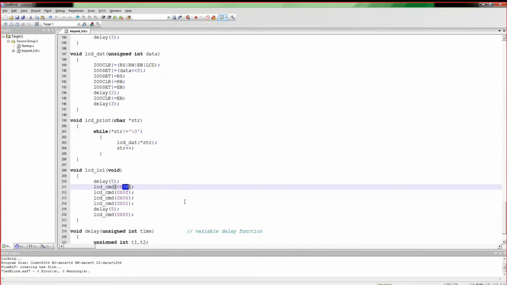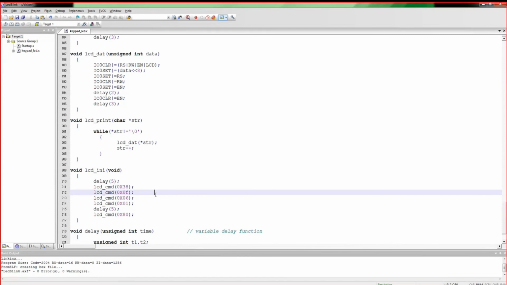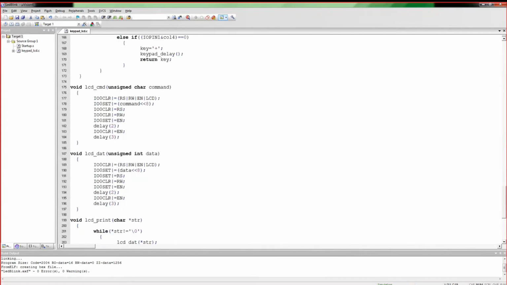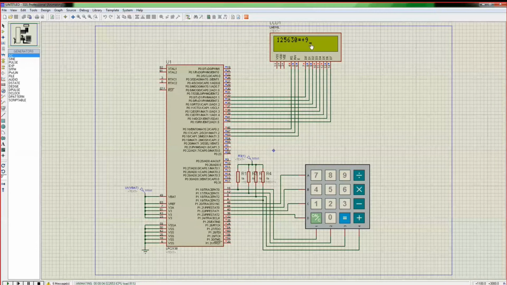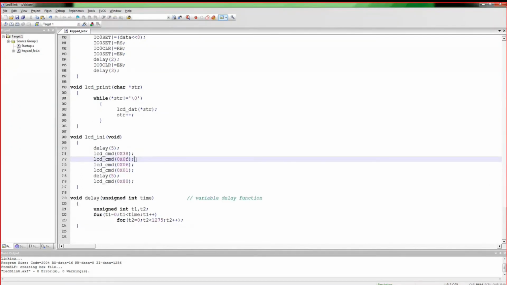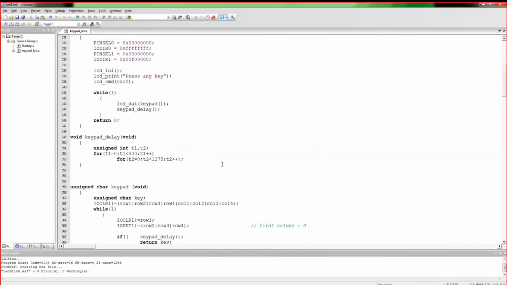Why that 28? Because I had configured 4-bit mode. But here I am configuring 8-bit mode. So the initial value should be 3 instead of 2. That bit also should be 1. That is 38. Then here your cursor is blinking, no? You can see the cursor here, no? That is why in the program corresponding changes have been made, right? So you can go through the commands later. So that was LCD init.